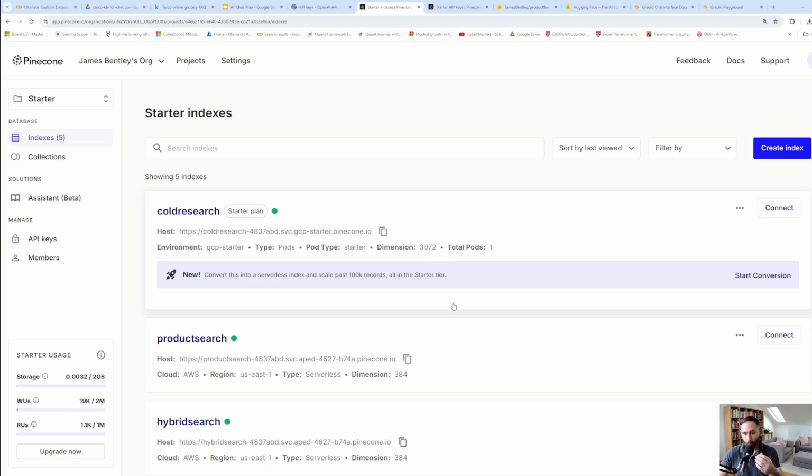So when I later use an OpenAI model to process the queries, that will work great because they're matching and they're basically designed for each other. Here you can see I've got a couple of other indexes. One I called product search, another one I called hybrid search, and you can see these have got dimensions of